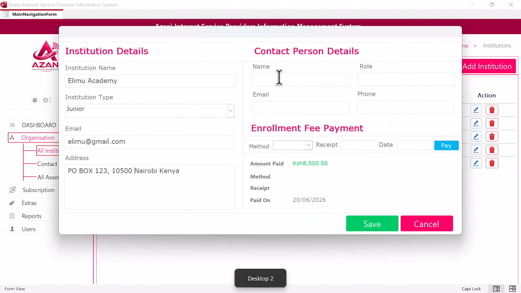That's what we are required to do here. Let's add the name. Let's say Mary Njoki. And then the role, let's say she's the IT personnel. So let's say IT personnel. The email is Mary at Gmail. And then their phone number, let's just say